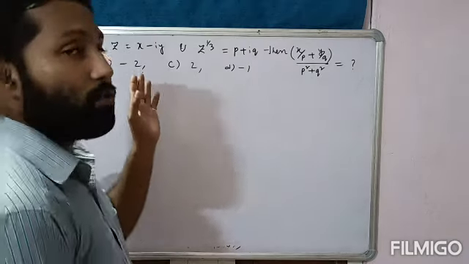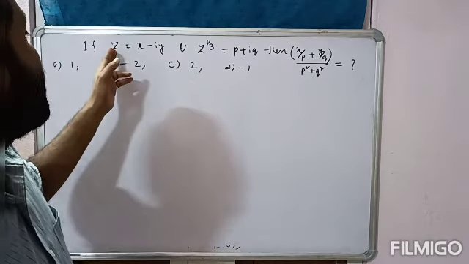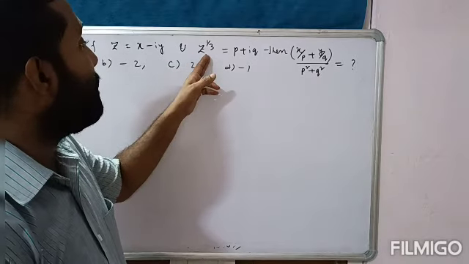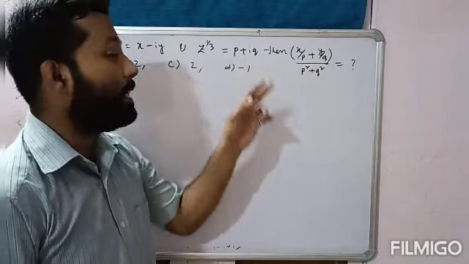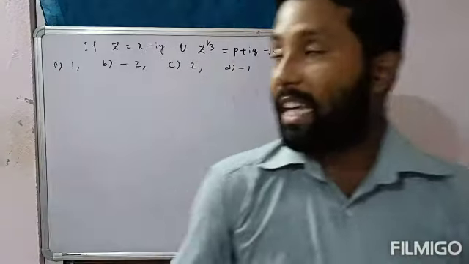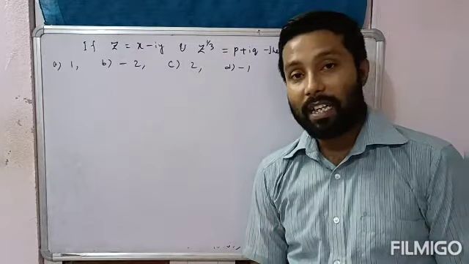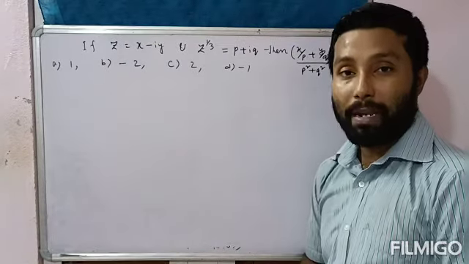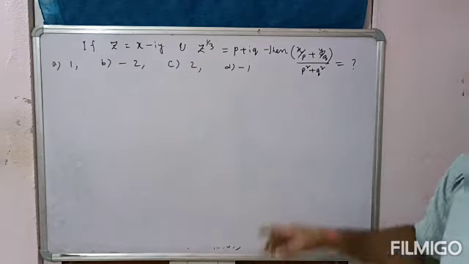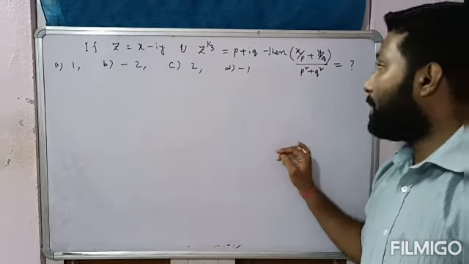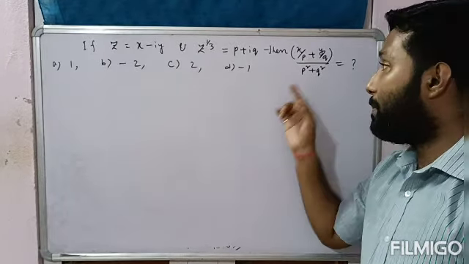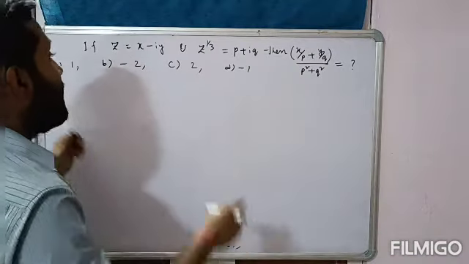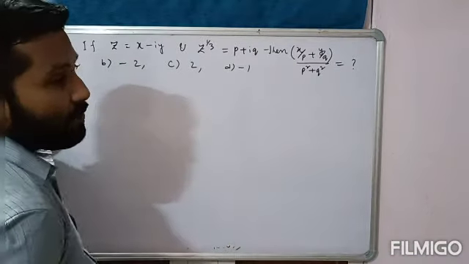So take a look at the next question. The next question: if z equal to x minus iy and z to the power 1 by 3 is equal to p plus iq, then find the value of x by p plus y by q divided by p square plus q square. ठीक है, तो यहाँ पे z का वैल्यू चलो x माइनस आई वाई दिया गया है,